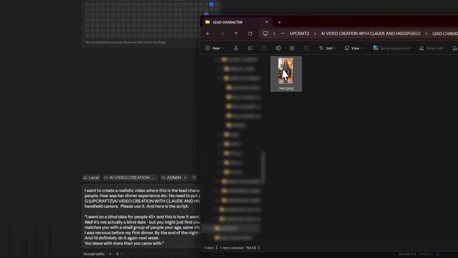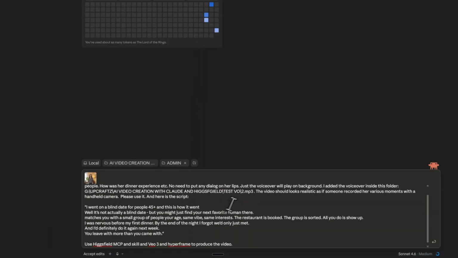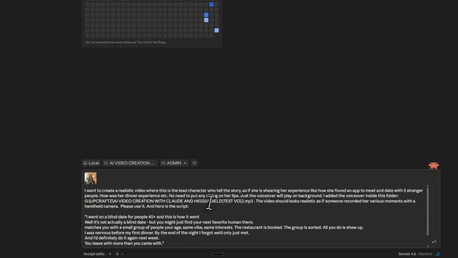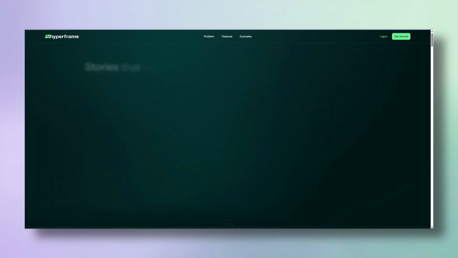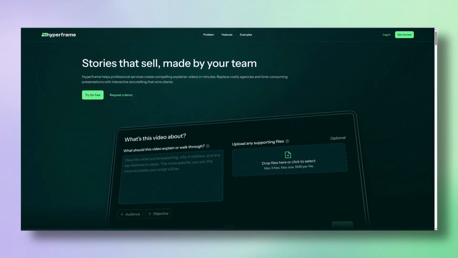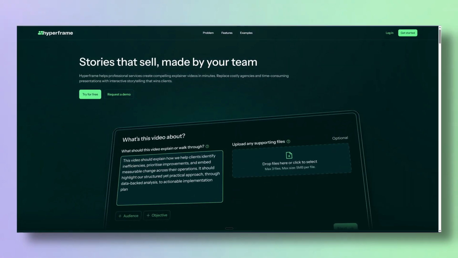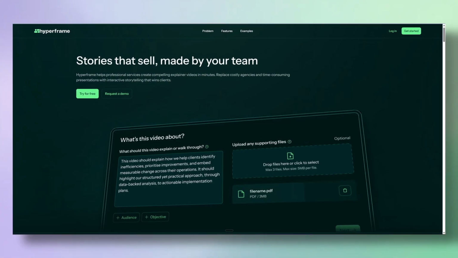Now, I already have Hyperframe installed in my setup, but if you're new and haven't installed Hyperframe yet, let me quickly tell you what it is. Hyperframe is another GitHub repo, and it's a really powerful tool for AI-based video editing. With Hyperframe, you can create videos, edit videos, and even build motion graphics using AI. We're not going to cover Hyperframe in this video,